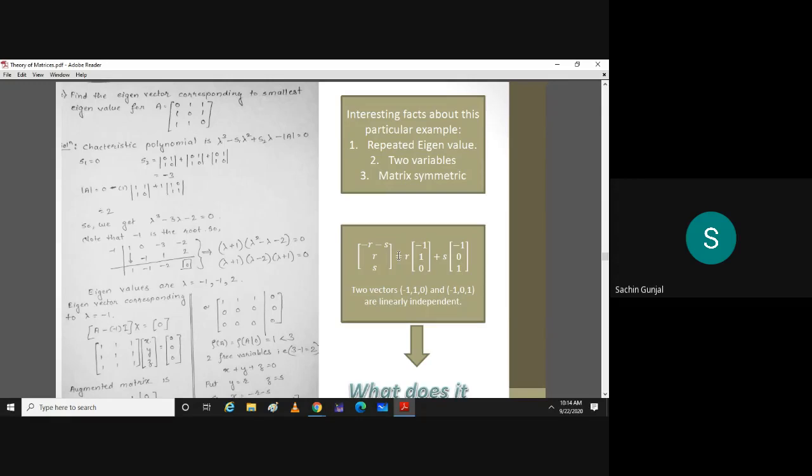Now you write down 3 vectors: -1, 1, 0; -1, 0, 1; and the third vector is 1, 1, 1. Now take the dot product of the first vector with the third vector. What is it? Zero. Now take the dot product of the second vector with the third vector. 0. Okay. So what is our observation?